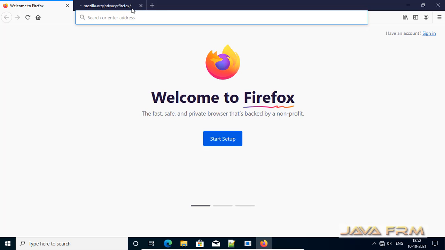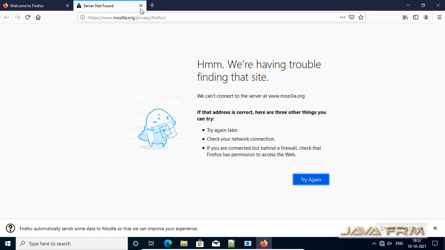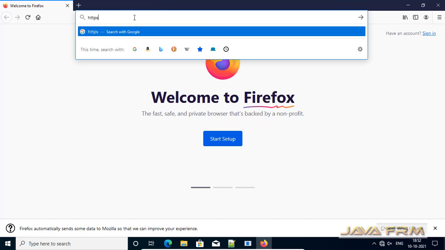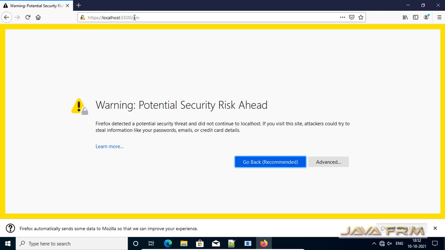Okay, now I have started the browser to check whether Oracle Enterprise Manager is running or not. So this is the URL to access Oracle Enterprise Manager. It's running on port 5500.